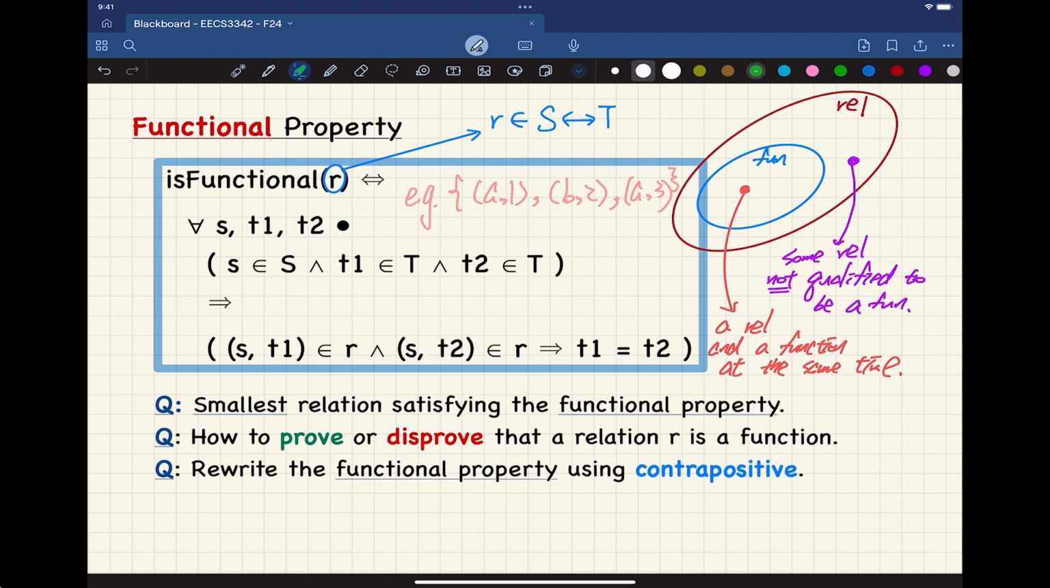Would you guys agree this is a relation because we got a set of ordered pairs? Easy to see, right? A1, B2, and A3. But now, does this satisfy the functional property? I can tell you it does not. But let's use this example here to understand the functional property a little bit better. Now, this one is saying that it would be a function if for every S, like A or B, for example, over here, and then for every range value, T1, T2, and now you say that,